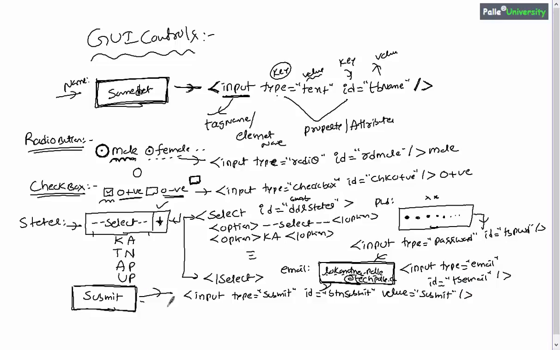In a similar way, there is one more way we can use for creating button controls, that is you can write input type equals button, ID equals btn something. Let us say I'll go for hello, and value equals, let me write hello. So whenever the browser observes code like this, it will create a button control with the value hello. Now you may get a doubt here. The doubt is, what is the difference between this tag and this tag? I'll explain the difference between this tag and this tag later, but both are capable of creating the button controls, okay?